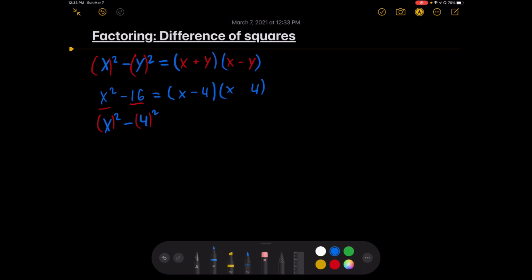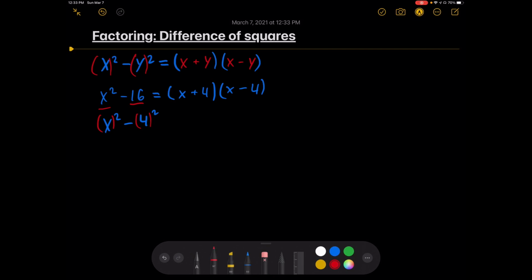So you're going to have x plus 4, x minus 4. So that's the template. When you have your x and y identified, you know that x is x and 4 is y, you can just put it in that template like that. And let me show you why this works, because if you remember the multiplying binomials video that I just did,